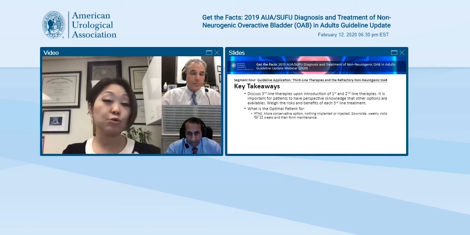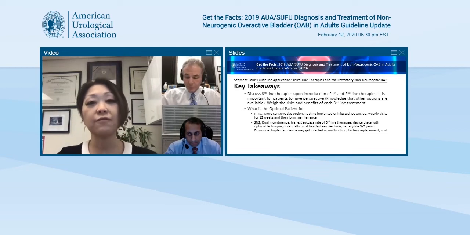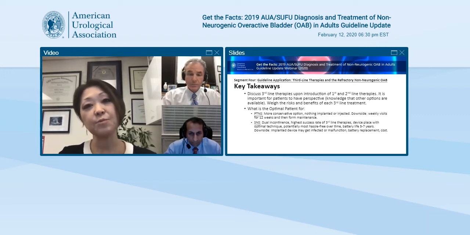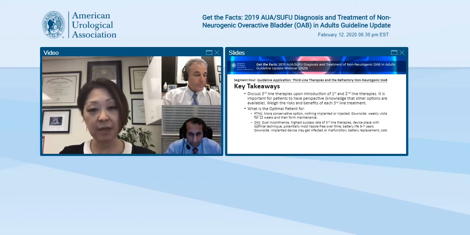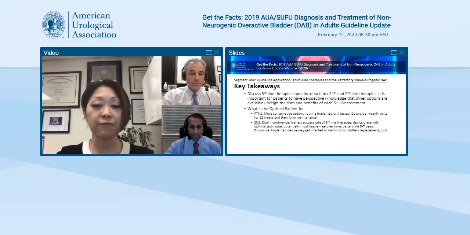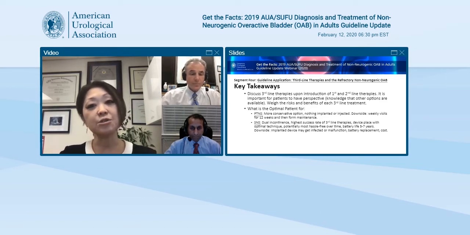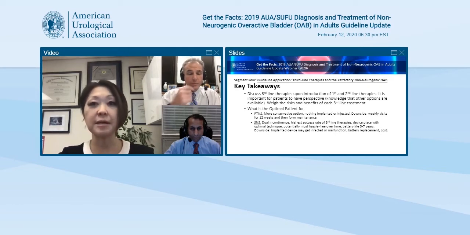As far as sacral neuromodulation, there is one set of patients that definitely would benefit from SNS over, say, onabotulinum toxin A, and that would be the patients who have dual incontinence. So if they also have fecal incontinence, which we're getting much better about asking the OAB patients about, it's remarkable and surprising how many patients will have dual incontinence. They can benefit from sacral neuromodulation for both of those problems. It really is, I think, the highest success rate therapeutic option of all the three third-line therapies.